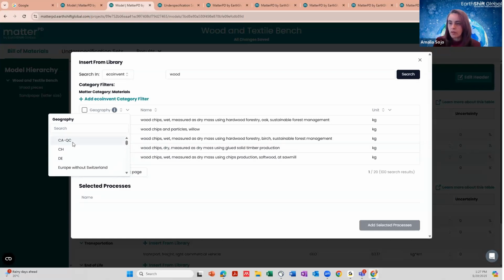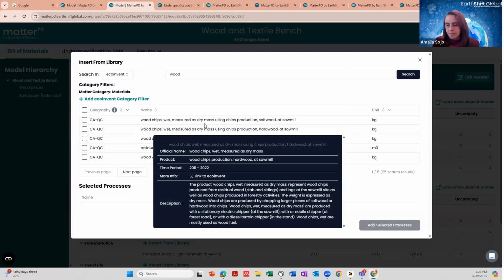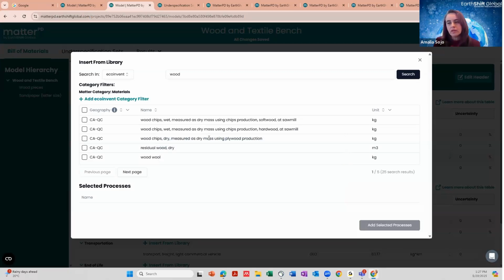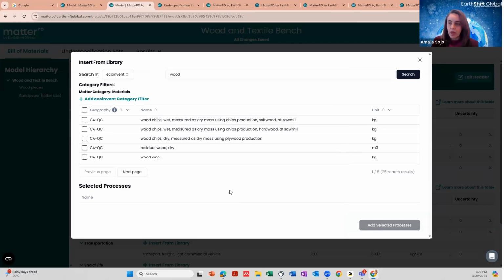So I can go for the region of Canada, Quebec, and it's going to filter that specific geography. If I pass my cursor over each one of the names, it's going to tell me what it's about, so I can select the one that is better for my process. If I want one of them in my process, I just click here. As you can see, it's added here in selected processes, and then I will add it to my process.